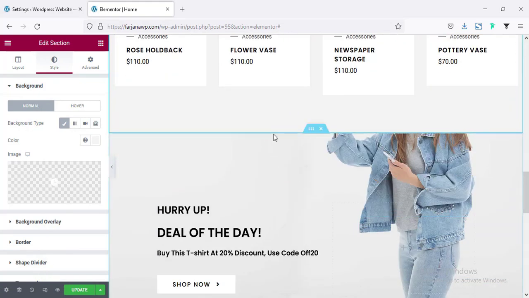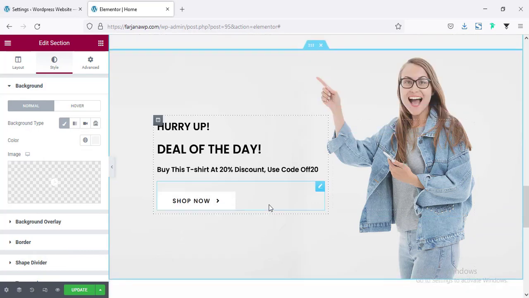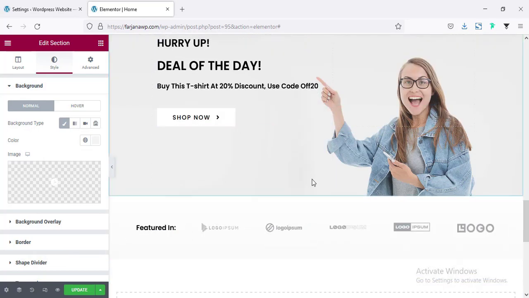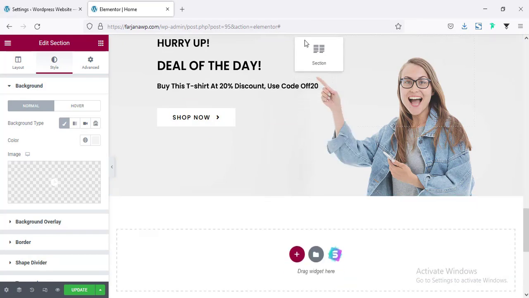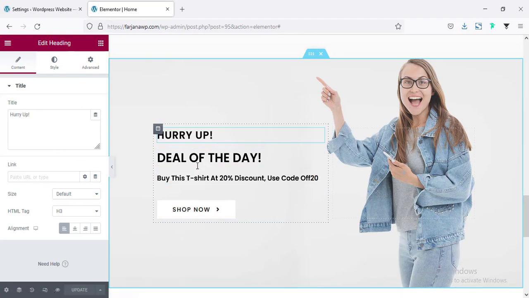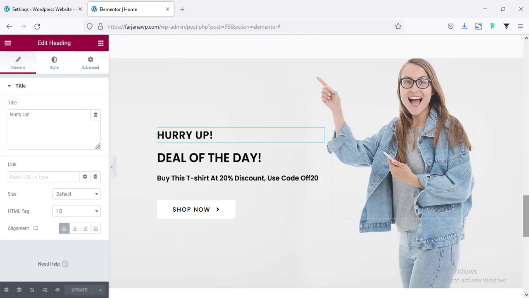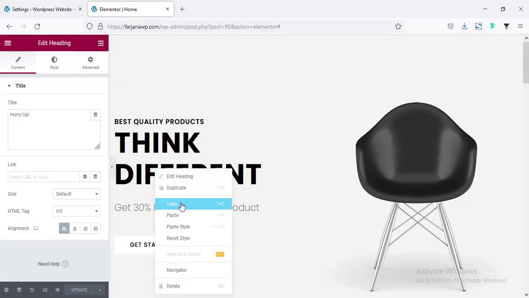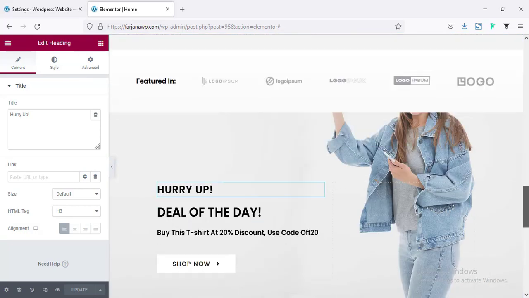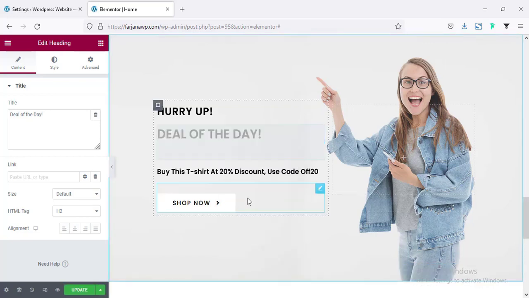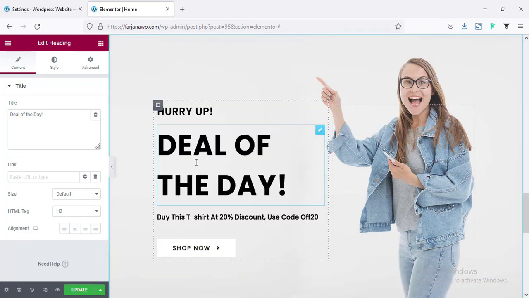And now it's looking different than the second one. And here for these two sections, it's almost the same color. So here we can move this section to the top of this section. I'm just moving it to the top. Now I'm going to copy the text style for this section from the top area. So for this large text, going to copy and scroll down. For this text, going to paste style, and here